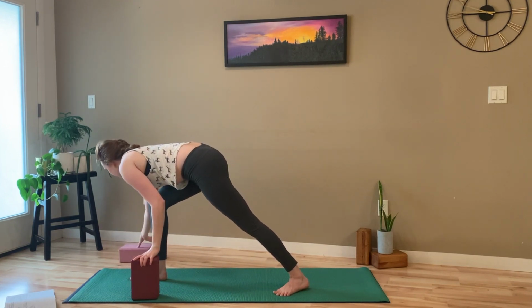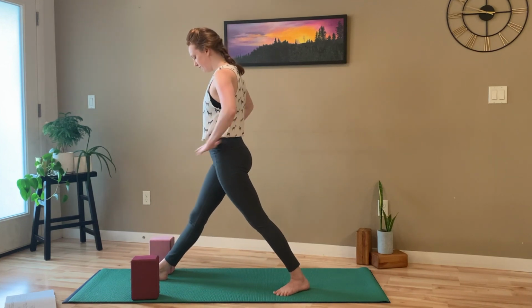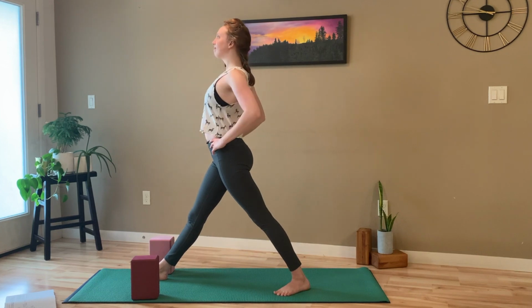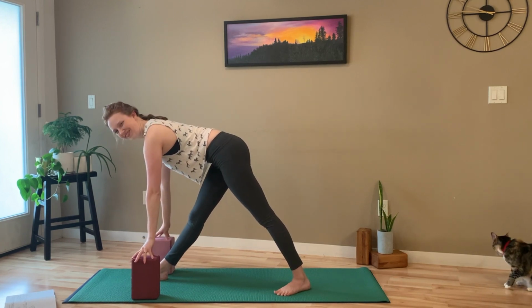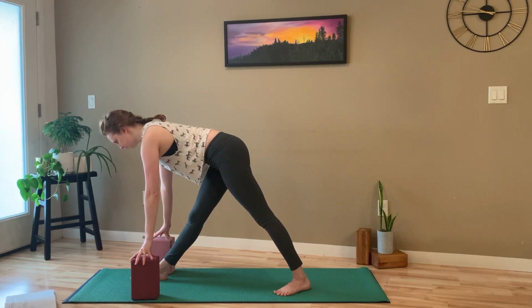Beautiful. We're going to be coming into a pyramid pose sequence. So if you want to grab your blocks, now's the time to do it. Straighten your front knee. Make sure your hips are still facing forward. Inhale to lengthen your spine, and then exhale forward, keeping your spine nice and straight. And the reason I like to have the blocks under my shoulders here is because I can press into the blocks to really lengthen through my spine and force my core to engage. This supports my back, supports my breath, and it makes pyramid pose even a little bit more active than it